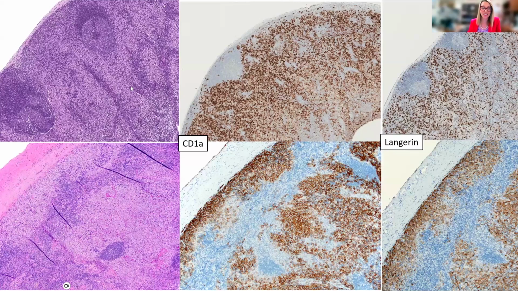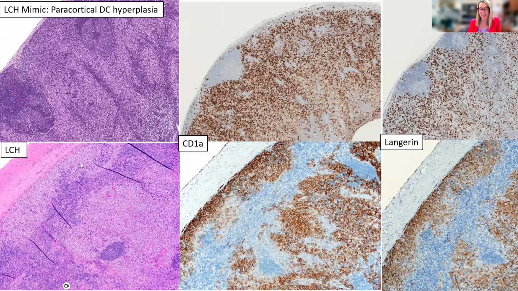The paracortex is greatly expanded here with the CD1a and langerin positive cells, but they're in the paracortex, and really the sinus is compressed. You can see the different compression of the sinuses, and this is mostly a paracortical expansion, as opposed to the true LCH case where this is a sinus expansion, and then there is some overlap into the paracortex, but you